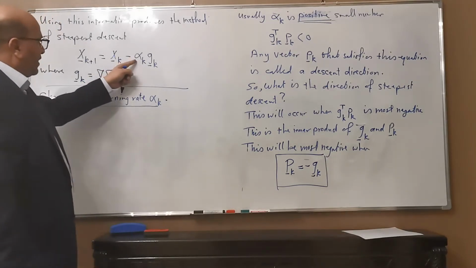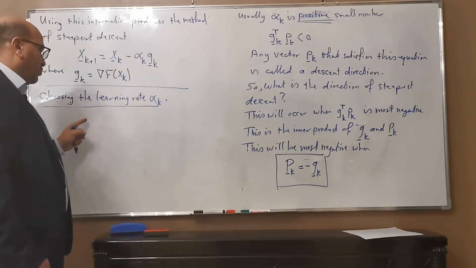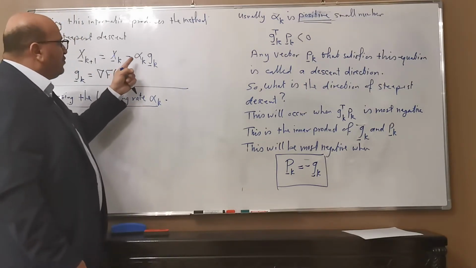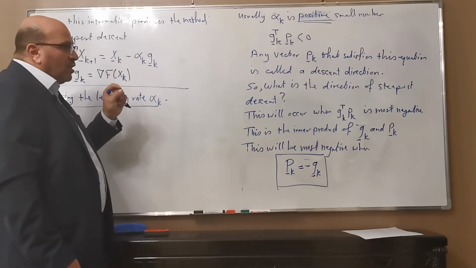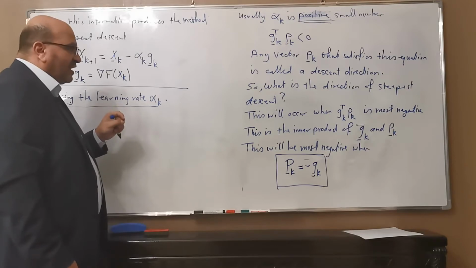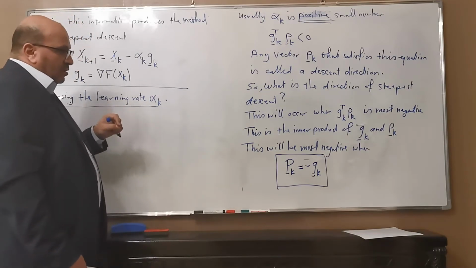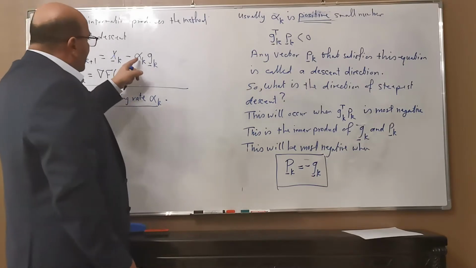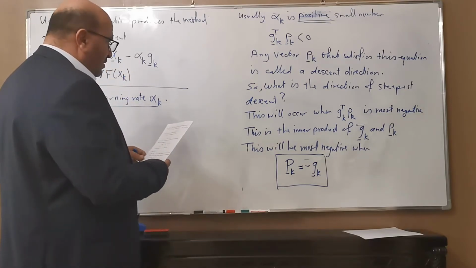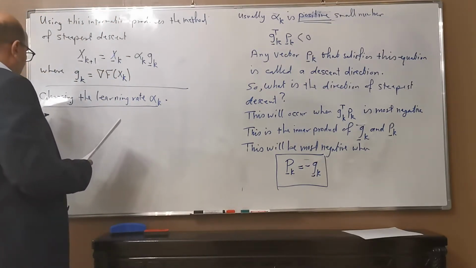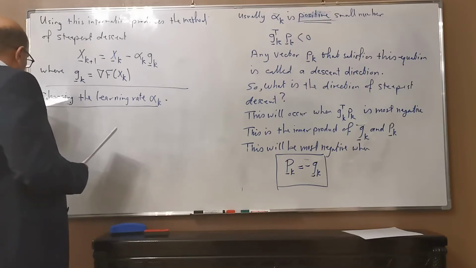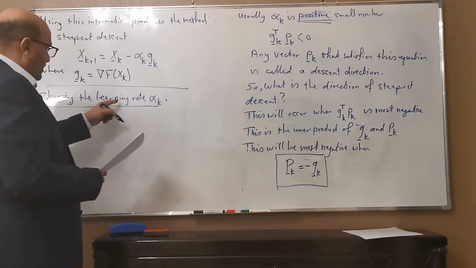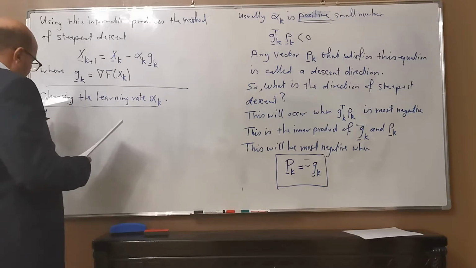Now alpha k is the step size, and the step size is a very important issue. Sometimes if you have a very large step size, then you oscillate around the minimum. If you have a very small step size, then you are moving in very small steps, which will take a very large number of iterations to reach your minimum. So this one has to be picked in a clever way. We will suggest two methods to choose the learning rate in this subject. So method one